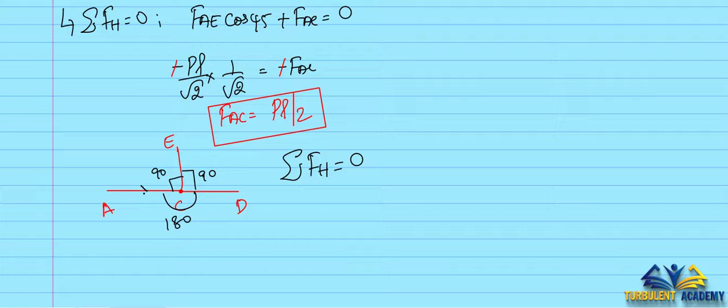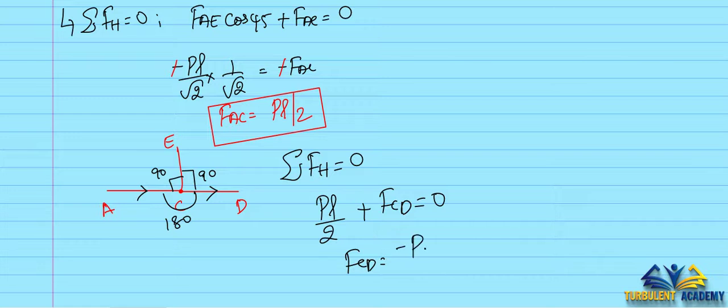Let's assume this is positive, so this direction, let's assume this also in this direction. So let us see that. PL by 2, which is FAC, then again positive, FCD is equal to 0. So FCD is equal to minus PL by 2. It doesn't matter, which means that it is going in this direction. So the option given is PL by 2, which is option A.